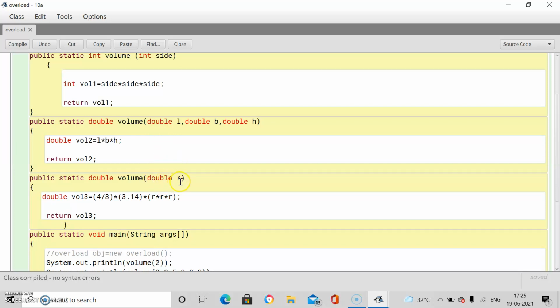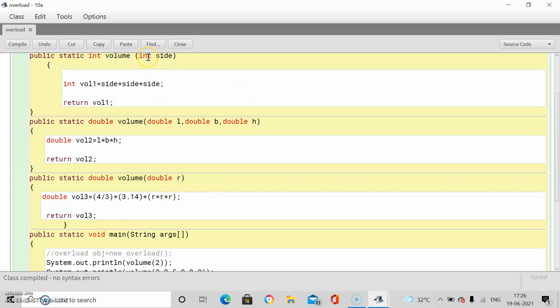So there is a difference in the type of parameter, not in the number of parameters. Both have one parameter, but the type differs. And the second one is entirely different. It is receiving 3 parameters, so it is entirely different from the other 2 functions.